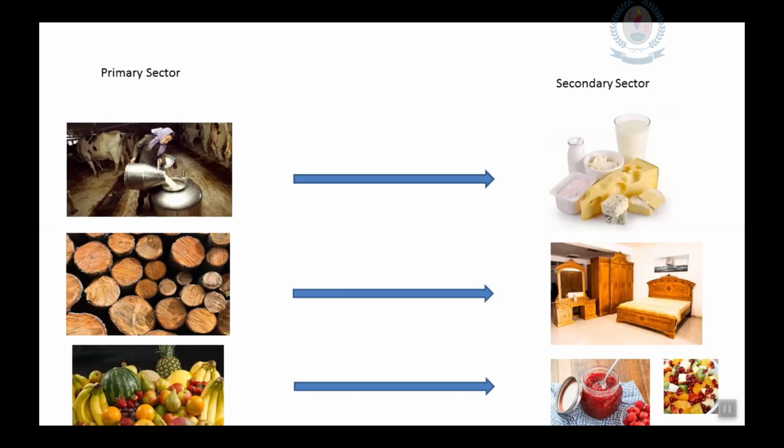Then look at the second example, wood. Using wood we can make furniture. Wood comes under primary sector, furniture comes under secondary sector. Fruits. Fruits, primary sector. Then jam or fruit salad comes under